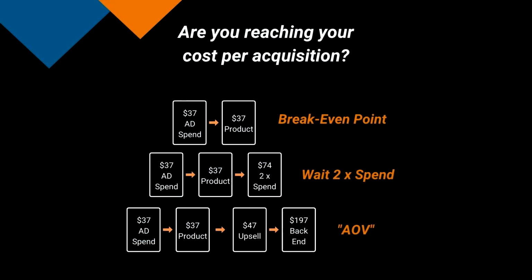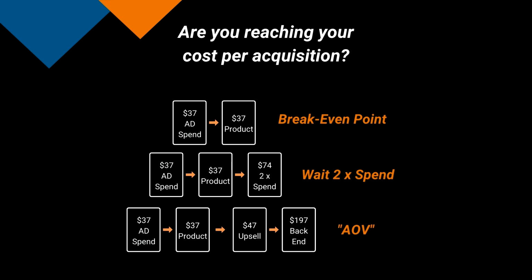Then next, moving on to the second reason that determines whether you should stop a campaign is, are you reaching your cost per acquisition? Let's say your product costs $37. You should wait at least up to this ad spend before you make a decision. So if you spend $37 and you then get a customer, this is your break-even spend. Well, if you have multiple sale points, such as your order bumps, your upsells, or even your email follow-up sequence with a back end, then you want to know your average order value across all of these products. And then that will be the amount you want to spend up to.